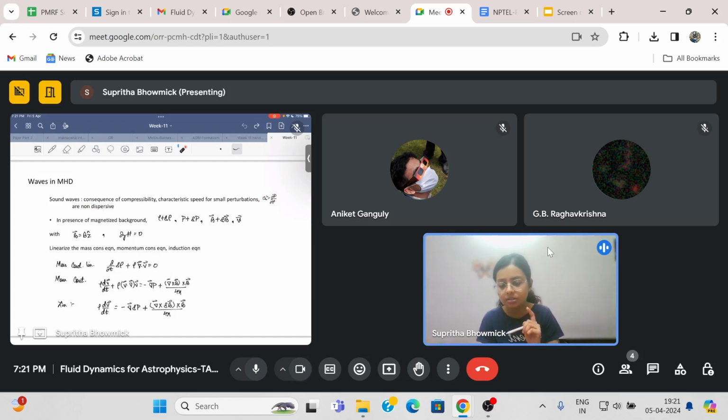So we study these perturbations in fluids in the presence of a magnetic field, right? In the presence of a magnetized background. Once again, we consider a background rho, P, and B. These are the background density, pressure, and magnetic fields. Without loss of generality we consider the background magnetic field to be along Z, and we see that the background quantities do not change in space or time. It is the perturbations that can change in space and time, and it is these perturbations that we want to study. These will propagate as waves, right? And we see that the background velocity is zero. This is exactly what we did when we studied waves in fluids.